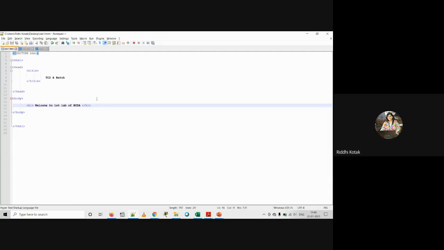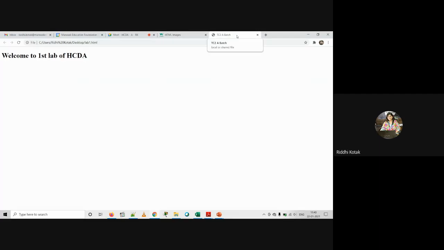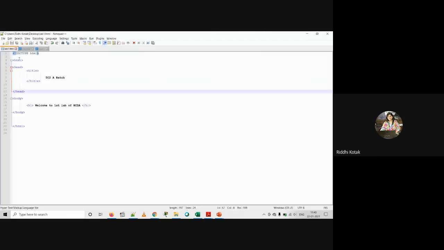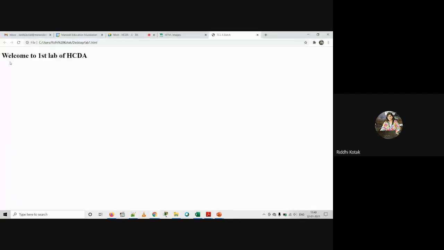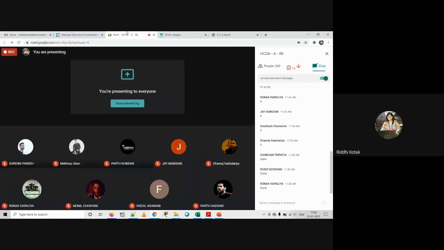So see what it will do: whatever heading you assign, TC2A badge, in my code I have written TC2A badge. It will show me over here the body part, whatever you have written, that will be displayed over here. Are you getting this point? So do the same step and run the outcome.